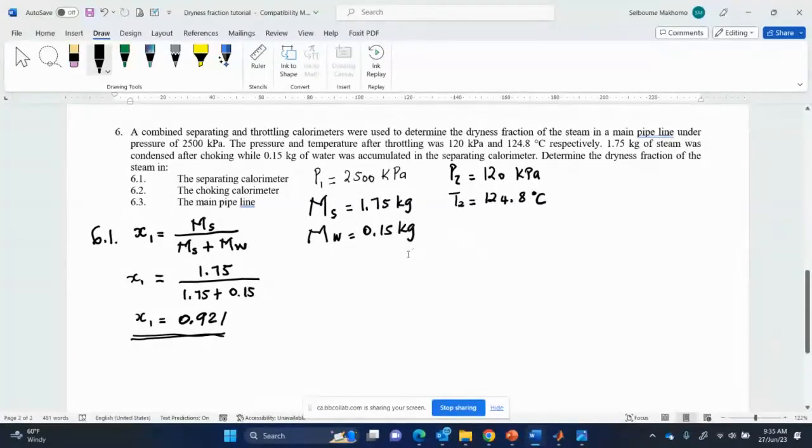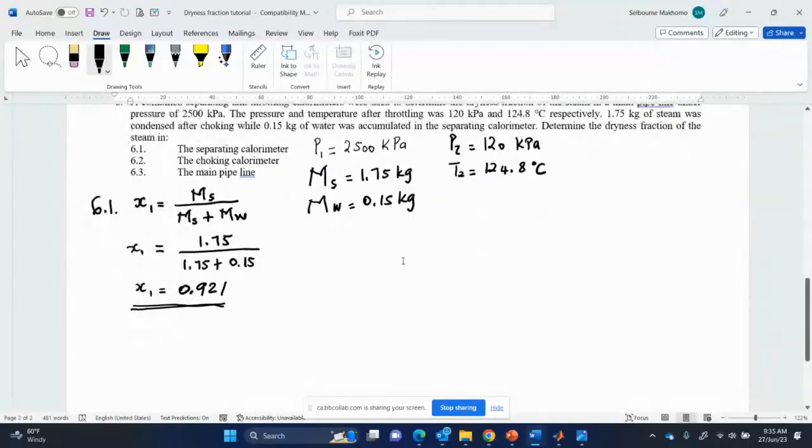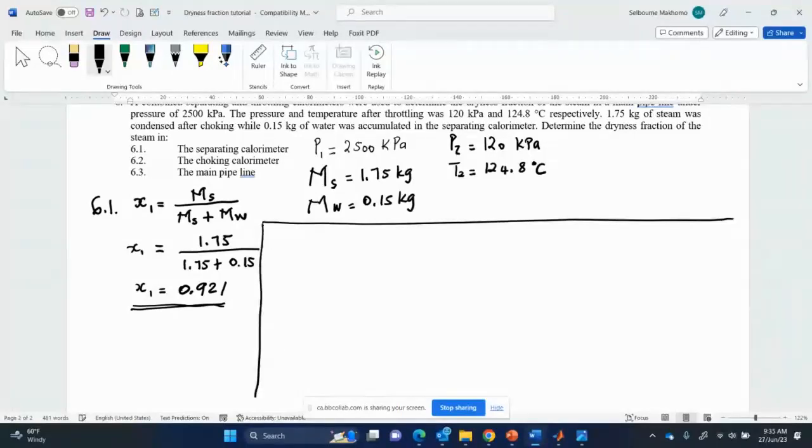Now we move to the second one. 6.2 says determine the dryness fraction in the choking or throttling calorimeter, X2. And then we said that X2, that's where we said that H wet or H1 is equal to H2 or H soup. H wet is going to be Hf plus X2 Hfg, both at which pressure? At 2500 kPa,